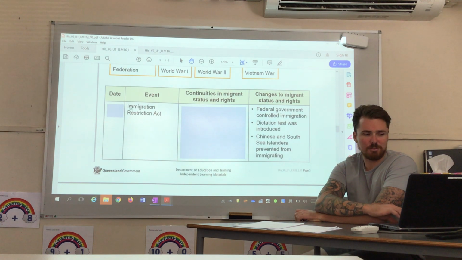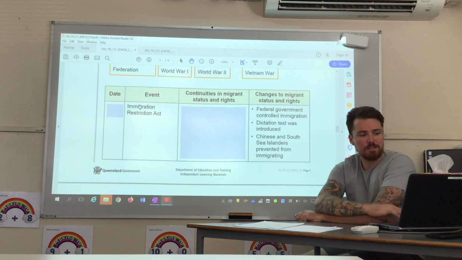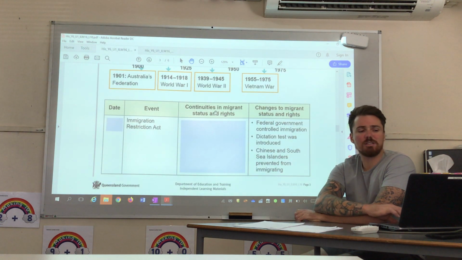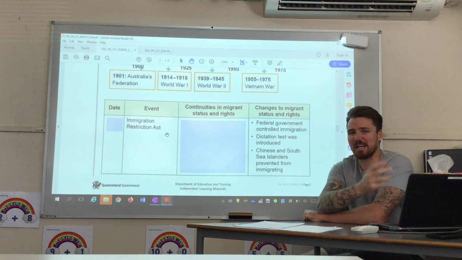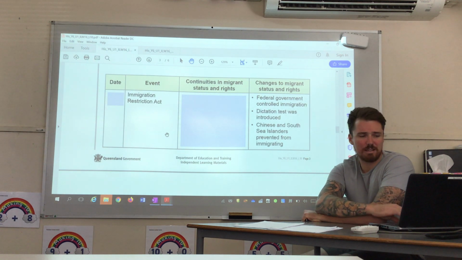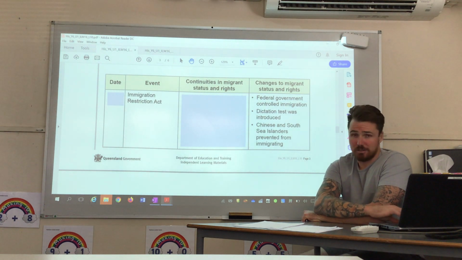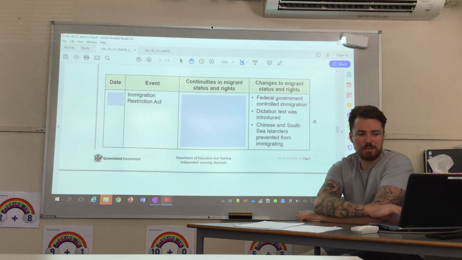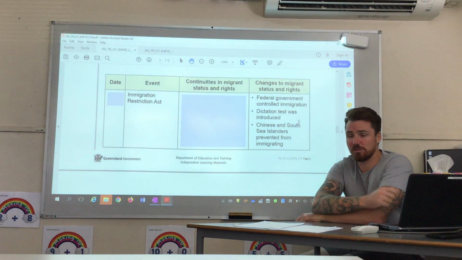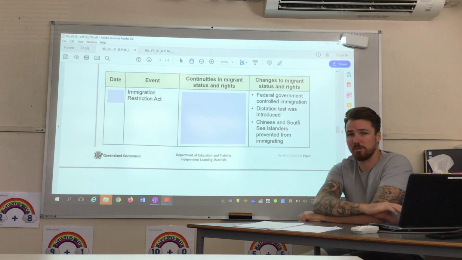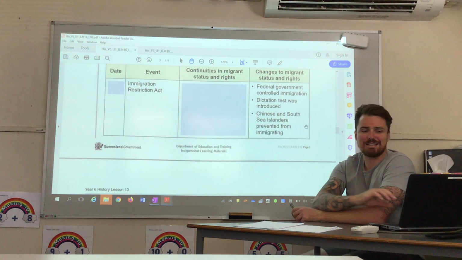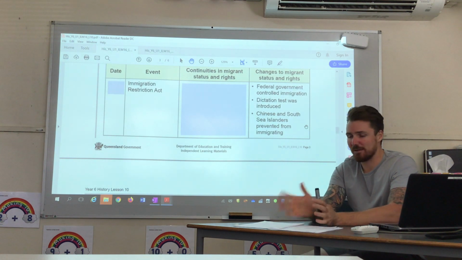So let's have a look at an example for the first one. So you need to fill in what the date was. The event, it tells us. So there's the date there, we might pop that one in. Continuities in migrant status and rights. So what things stayed the same for migrants in their rights and what they were able to do? Did much stay the same? It's hard to say. But lots of things certainly did change with that Restriction Act. We had the federal government started to control immigration. The dictation test was introduced, if we recall back to the video. And at this point we're starting to realise that maybe watching that video again might be helpful, or even pausing it as we go. Chinese and South Sea Islanders were prevented from immigrating, so that was another change that happened